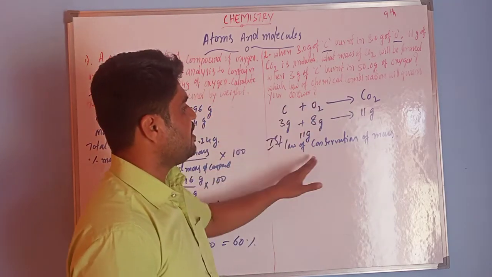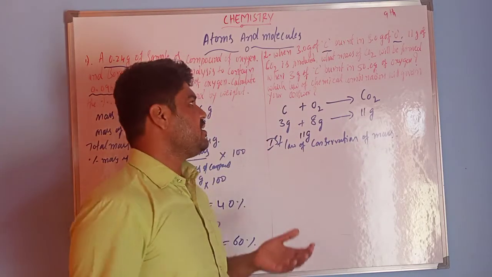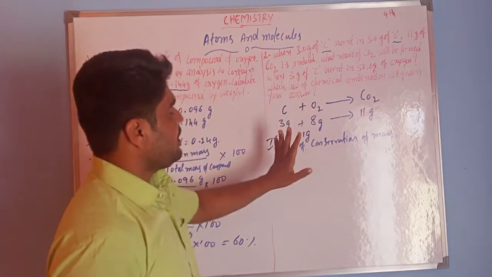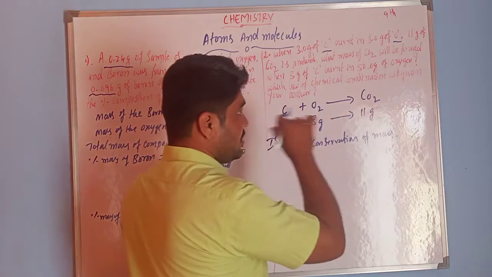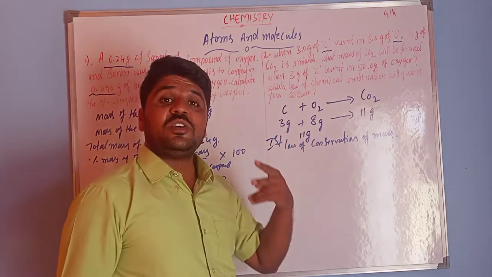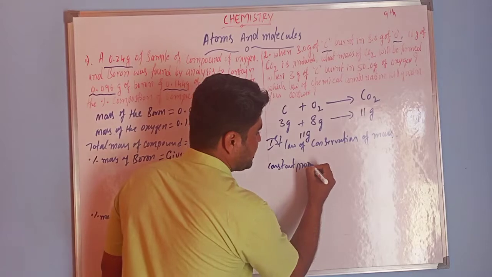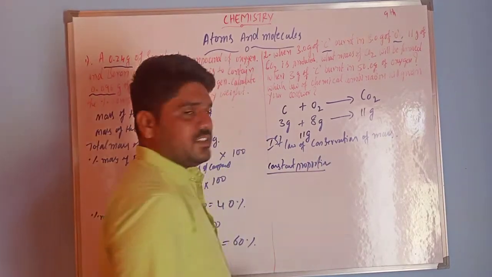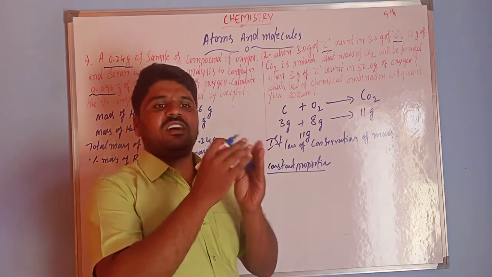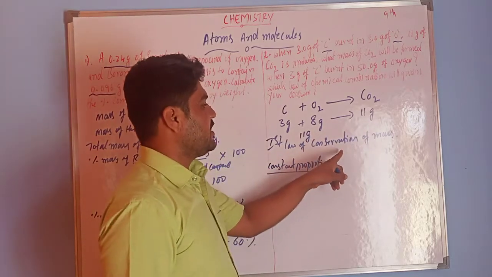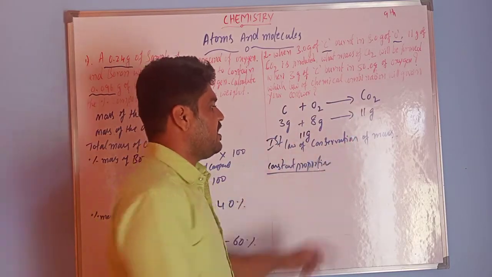So this is the second part of the question. Which law? That is the first law, the conservation of mass. Next, we have to find out: 3 grams of carbon reacts with 8 grams of oxygen and produces 11 grams. The total mass follows the first law. So the first law applies to this second question: which law of chemical combination will govern your answer? That is the first law of chemical combination.